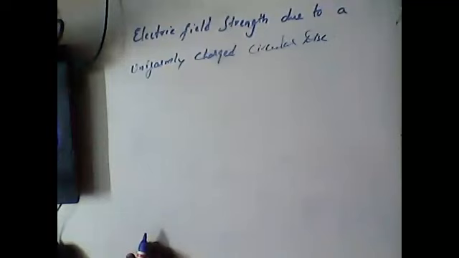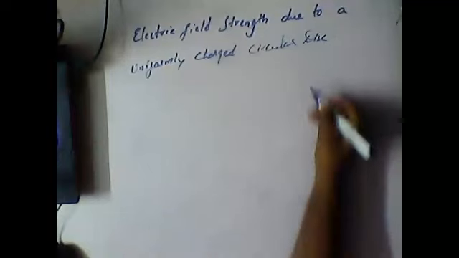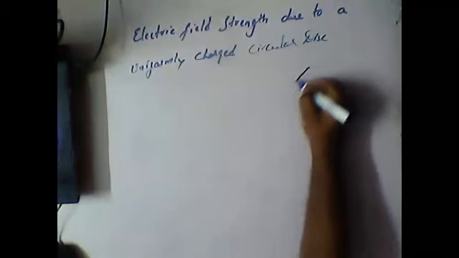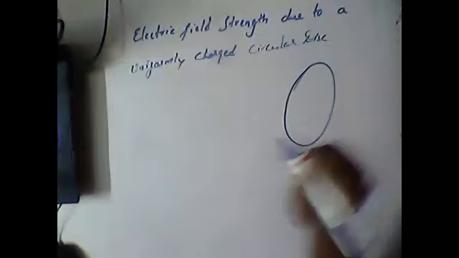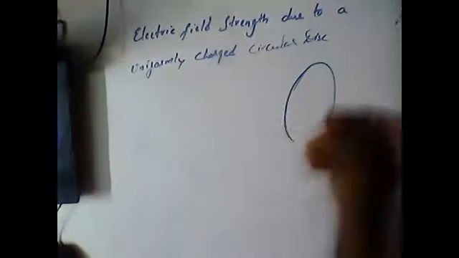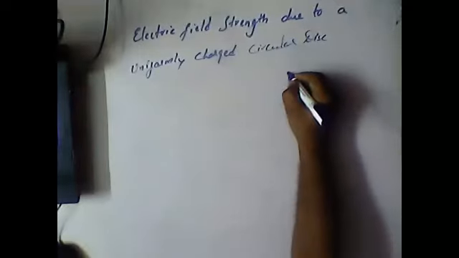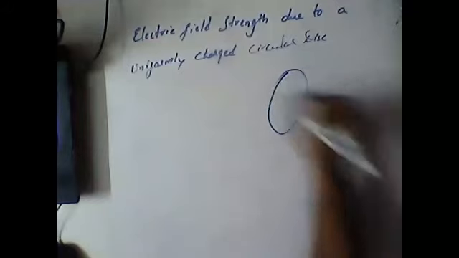First of all, what do you mean by the word disk? It is a solid like this. More precisely, we can say a lid, a container of a circular bottle. We can call it a disk. A CD, compact disc, is also called a disk. Now guys, what is the electric field strength due to a disk? That we are going to discuss in today's class.